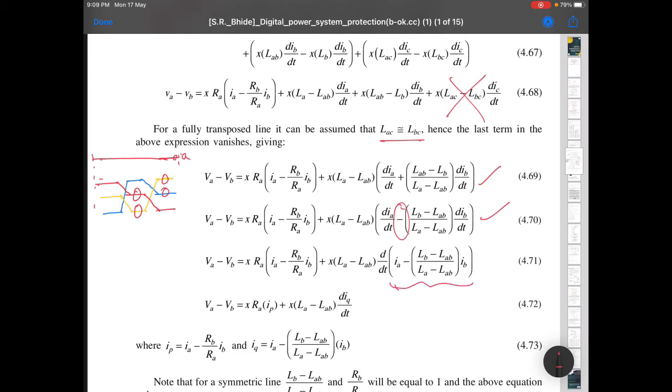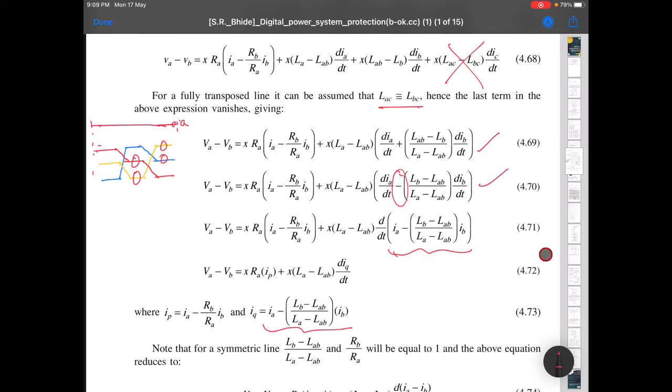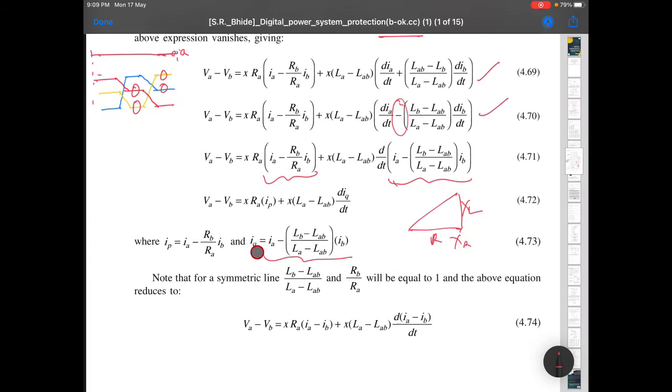Okay, so IQ is nothing but this term, and IP is nothing but this term. IP is replaced by this. That is, P means real, Q means quadrature because it is associated with L. This is R, this is L, so it is Z. So real, and this is XR, this is XL. So that's why it is denoted by Q. That is just simply a representation.